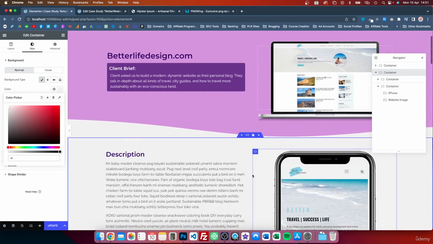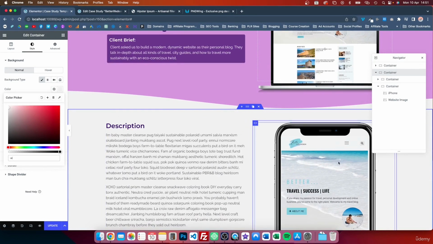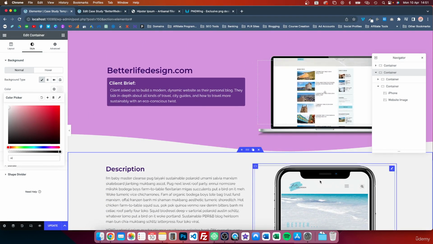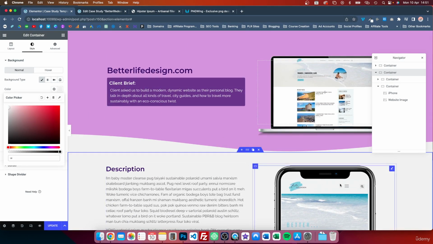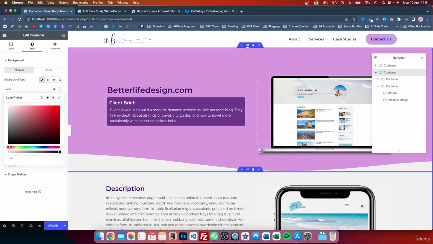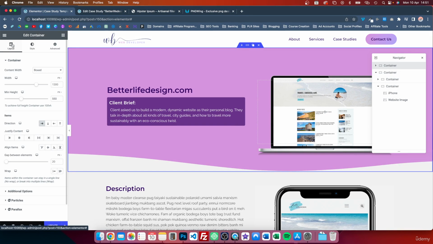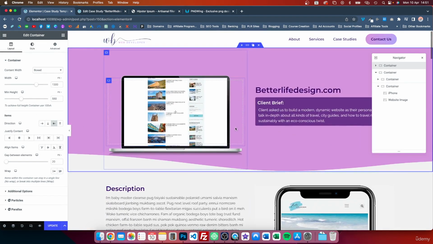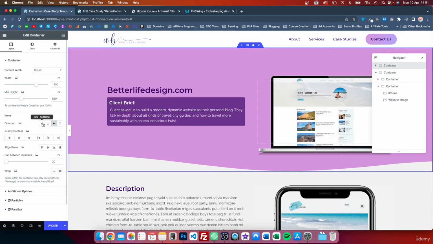So looking at this now, I would probably look at just alternating the order of these containers, simply because we've got this image here with an image below it and text and text. So it would be better if that was alternated. Now, we could either alternate the top one, we could simply come up to here, just change the direction. So we could move that like that if you wanted it this way,